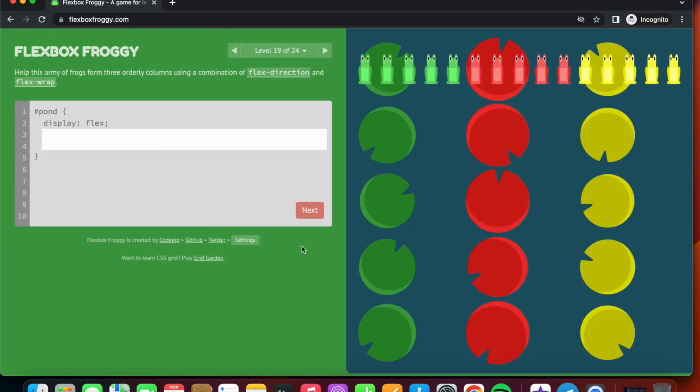That is level 19. Okay, so again, helpless army of frogs form 3 orderly columns using a combination of flex direction and flex wrap, right? So in the previous level, everything was similar. That is, we need to use flex wrap itself. Here also we need to use flex wrap, but one difference is that here the lily pads are in a column fashion. In the previous level it was in a row fashion. So firstly, let's align it in a column. For that, let's write